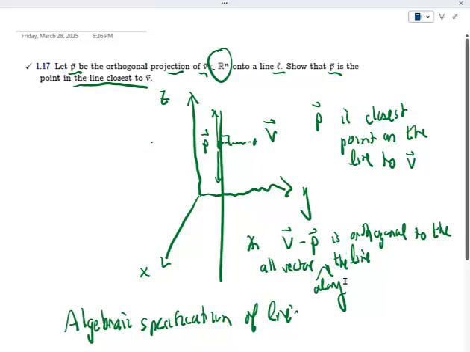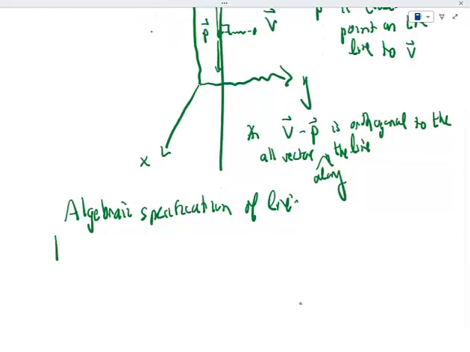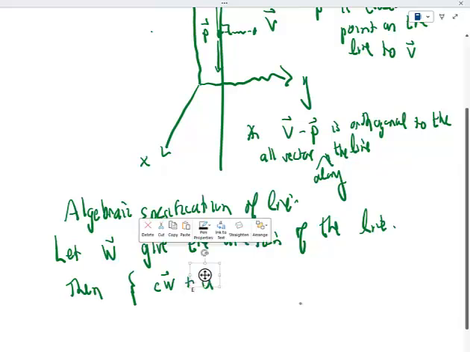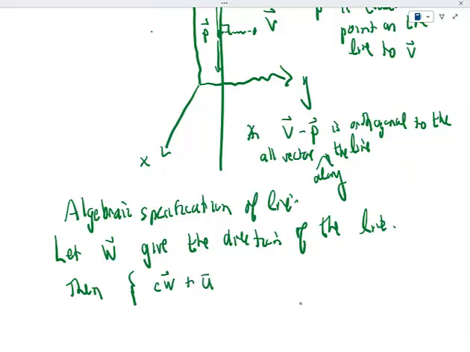So let W give the direction of the line. Then the set C times W plus, let me choose some other vector here, U, is a parametric representation